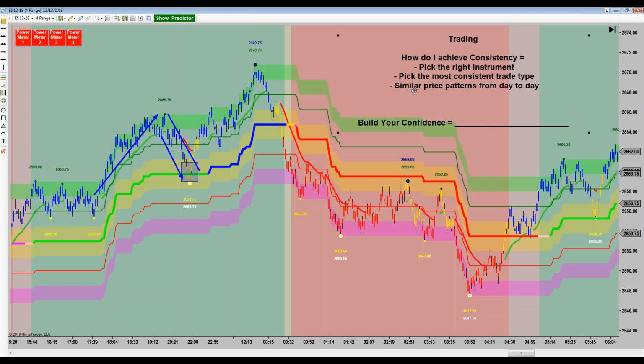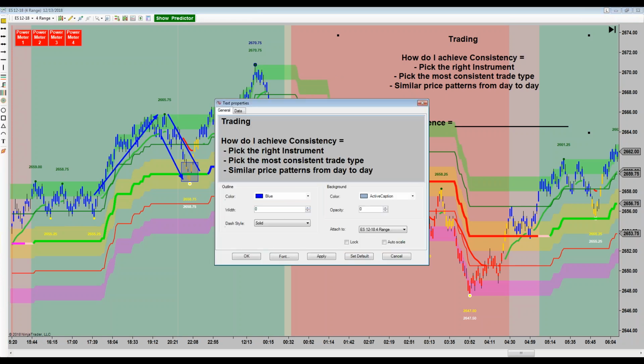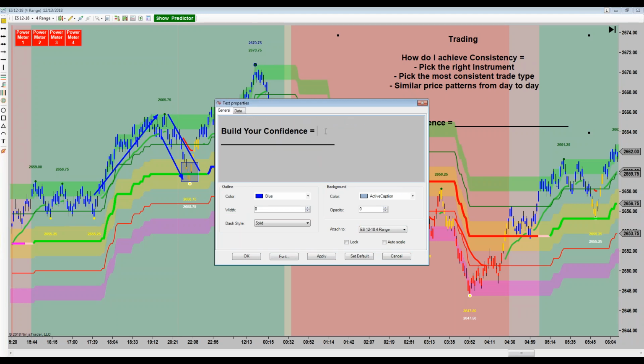What do you think that does to your confidence? Well, it power slams it. Of course it does. What human being wouldn't be? You're not a robot. You got power slammed on the first trade. How do you avoid that? What are some things we might want to do to avoid getting power slammed right out of the gate and just crushing our confidence? And we're digging out of a hole and we start saying things to ourselves.